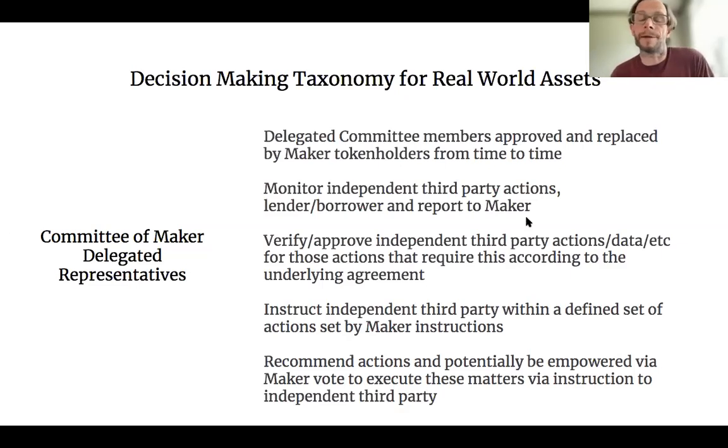And then there's a question as well: how does this delegated committee actually decide? Is it unanimity? Is it majority? My view is probably majority. You could have an independent, paid third party sitting on that committee. But that's okay. It's just an additional cost in the process, but that would provide a degree of independence, maybe, or an alternative voice. So that's kind of the types of things that we are thinking about in terms of a committee of delegated representatives. Next slide.